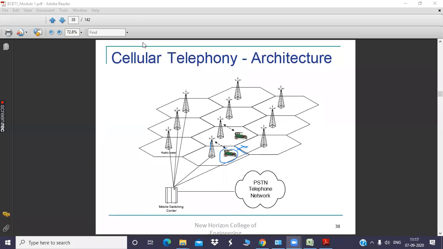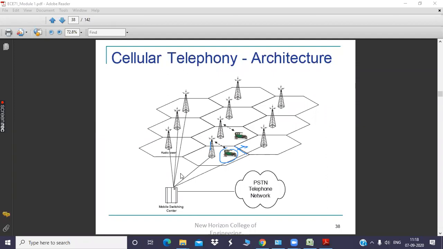As far as this particular figure is concerned, how many base stations do you have here? 3 plus 4 plus 3, that is 10 base stations, which are managed by the single MSC along with the PSTN network. Suppose this is a mobile user moving across this coverage area or beyond this coverage area to a cellular system whose base station does not come under this MSC. In that case also the service is continuing. The service is not terminated. The service is continuing, but it is being managed by a different base station that comes under a different MSC.